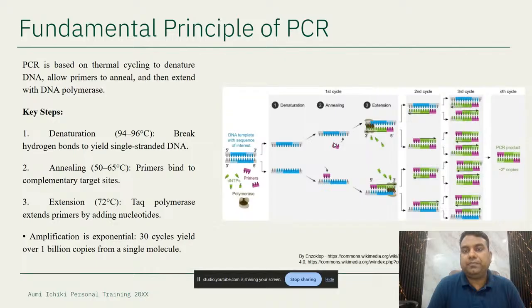At the annealing step, the primers bind to our target sequences. The third step is extension, where the polymerase attaches to the DNA and increases the length of the product. In a simple way, you can say extension is photocopying our target DNA in each and every